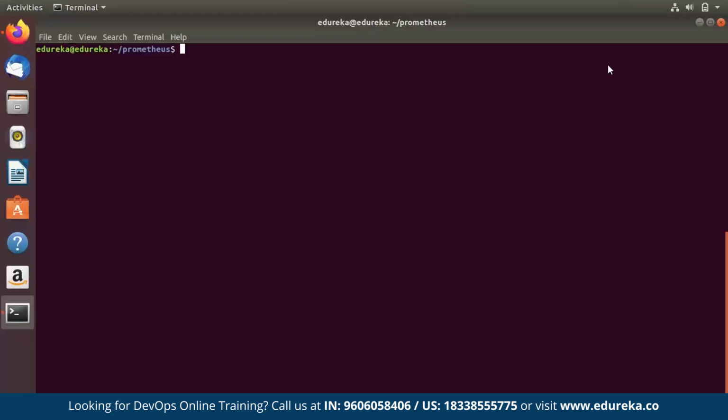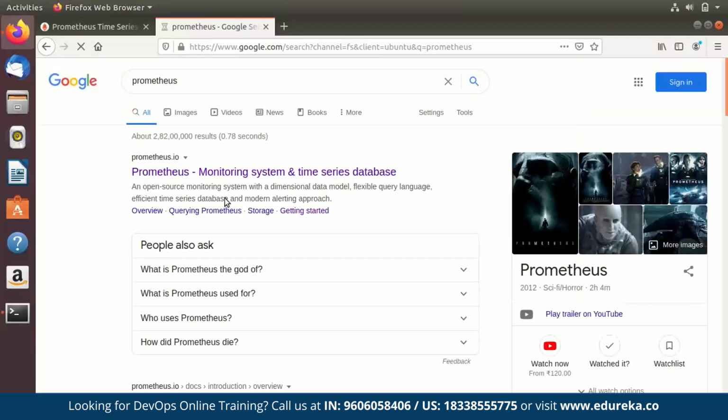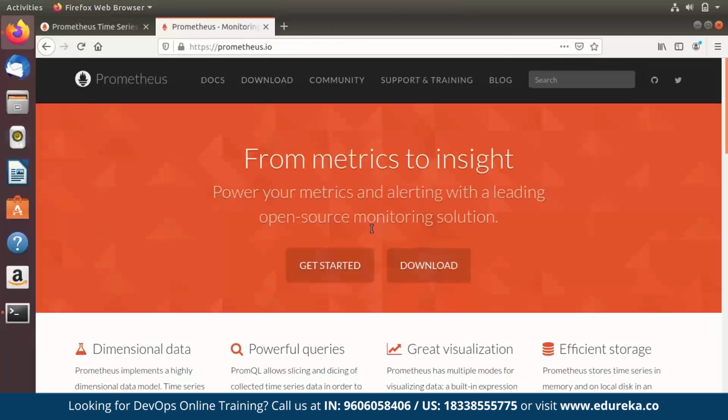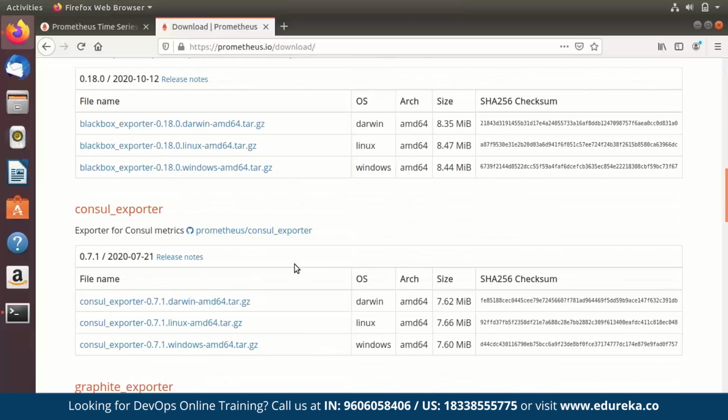Okay, so now in this part of the session, I'll be downloading the Prometheus node exporter. For all of y'all who don't know what the node exporter is, it really is a way to measure various machine resources. Now the machine resource can be your memory, disk, or even your CPU utilization. So it's a very famous application of Prometheus. So without much ado, let's go ahead and download our node exporter. I will go to my web browser and I'm going to the official website of Prometheus. The first link will redirect me to the official website of Prometheus. I'm going to click on the download button and I'm going to scroll down and look for node exporter.